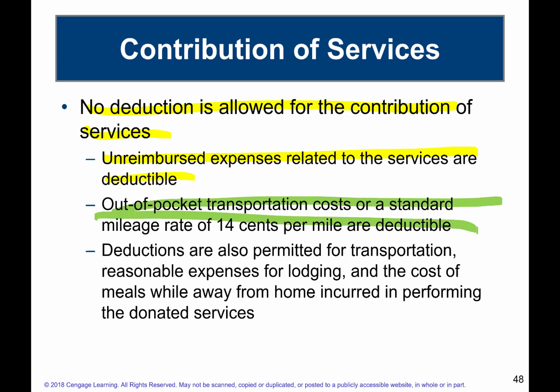So I'm thinking that maybe a good voluntary income tax program would be to go to those areas, help them fill out their tax return, help them get the earned income tax credit. I think a lot of those individuals would benefit from something like that. Okay, so, long way of getting to the point here, if you have to travel to provide some sort of service, you can deduct amounts for lodging, the cost of meals while away. We've already seen the transportation cost. So if you travel, you're coming out of pocket to do this volunteer work, they'll let you deduct your out-of-pocket costs. No deduction for your time, though.